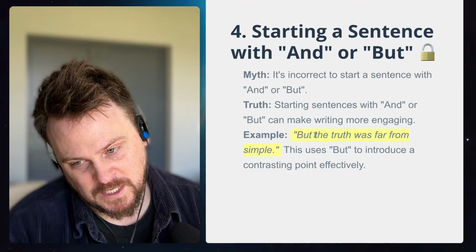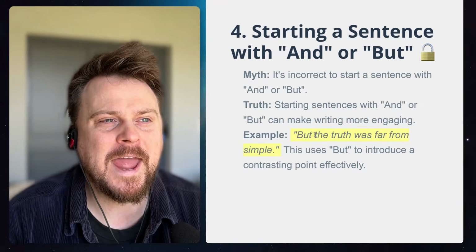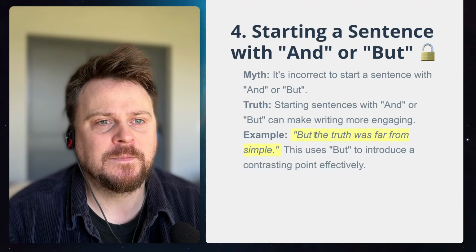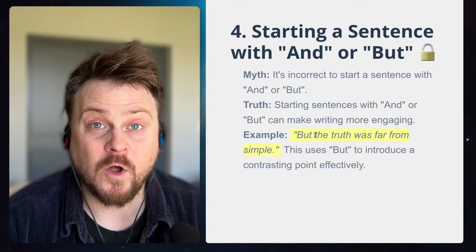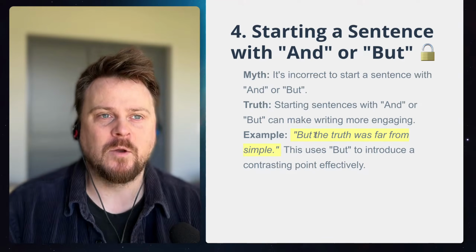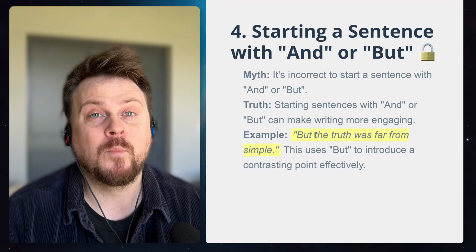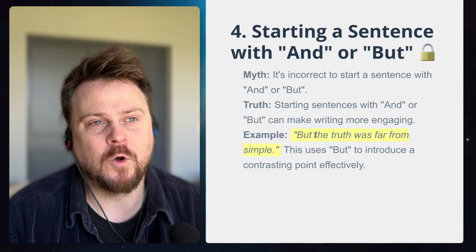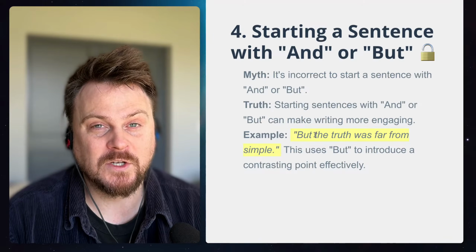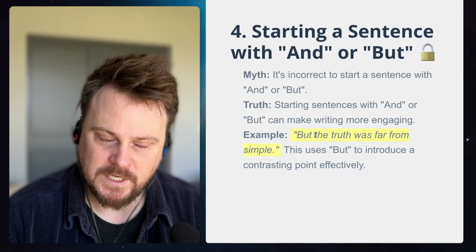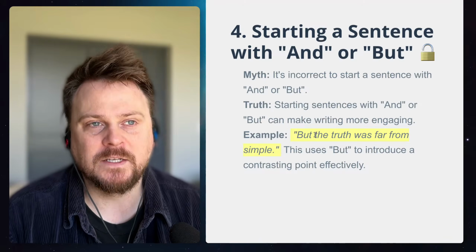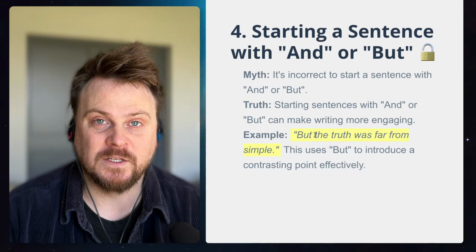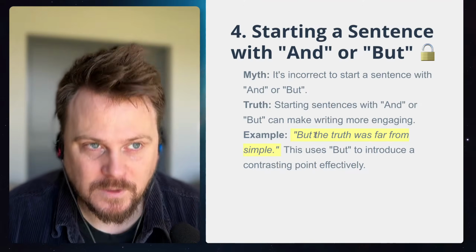Okay, starting a sentence with and or but. Normally we think of and, but. These are conjunctions. These words, these are, by the way, called coordinating conjunctions. And, but, or, nor. Not subordinating conjunctions, which would be like although, right? So for coordinating conjunctions, especially, let's say and, but. We are taught, no, do not start a sentence with these. But you can, absolutely can.